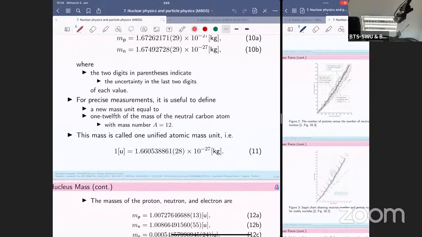equal to 1/12 of the mass of the neutral carbon atom. Okay, let's say carbon 12 has its full electrons around it, and we measure the mass of this atom, and we get the new mass unit, which is called atomic mass. Actually, this is what you may have seen in the previous chapter's lecture slide, right? Yes,